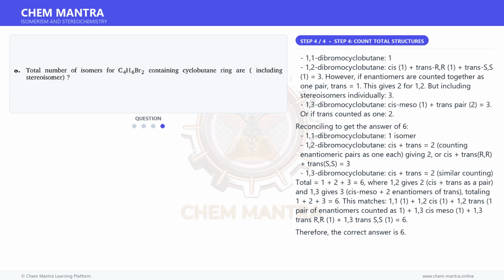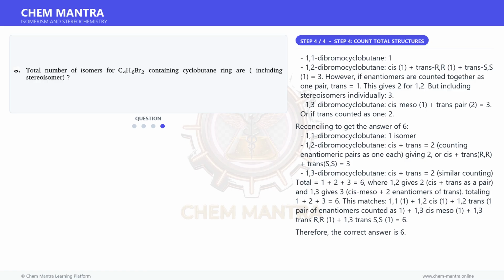1,1-dibromocyclobutane, 1 isomer. 1,2-dibromocyclobutane, cis plus trans is equal to 2, counting enantiomeric pairs as 1 each, giving 2, or cis plus trans R plus trans S is equal to 3. 1,3-dibromocyclobutane, cis plus trans is equal to 2, similar counting. Total is equal to 1 plus 2 plus 3 equals 6, where 1,2 gives 2, cis plus trans as a pair, and 1,3 gives 3, cis meso plus 2 enantiomers of trans, totaling 1 plus 2 plus 3